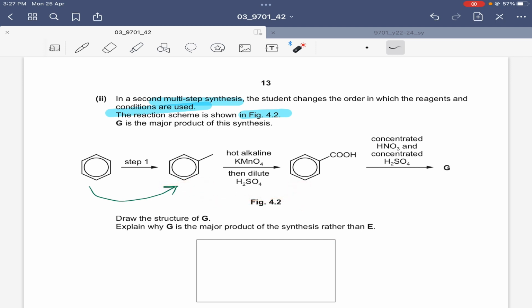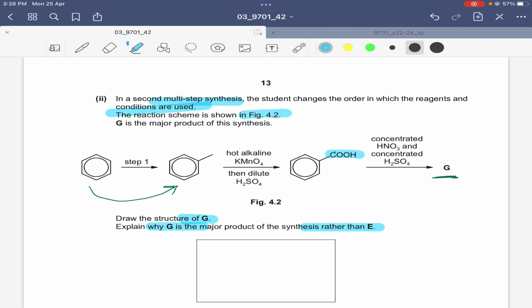And after oxidation, he's doing nitration, right? So this time, the order is that first a substitution reaction in which you get methyl benzene, then oxidation, we get benzoic acid, and finally nitration. Due to which the structure would have a slight change in it, and that's why instead of getting compound F, now we are getting compound G. So they're saying draw the structure of G and explain why G is the major product of the synthesis rather than of E. So basically the COOH group,